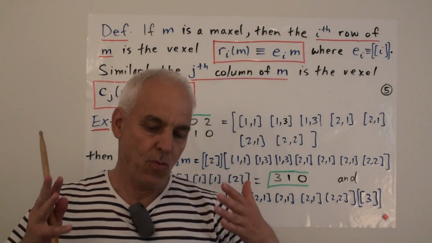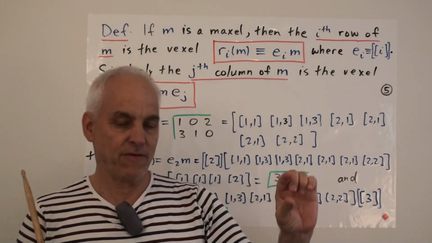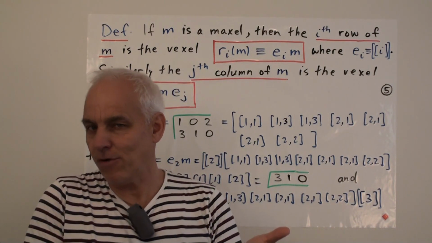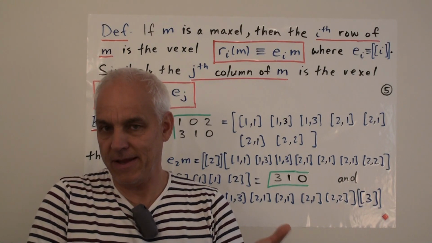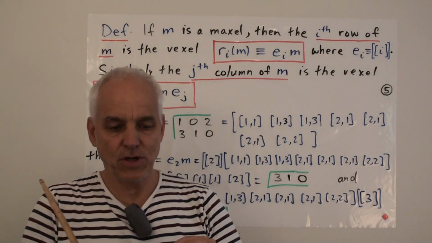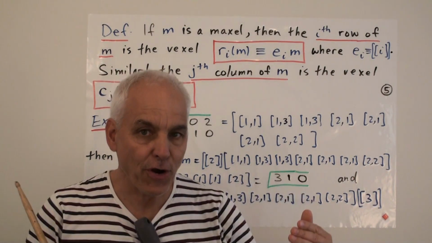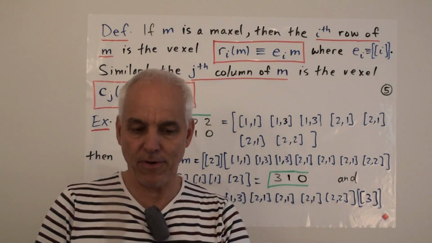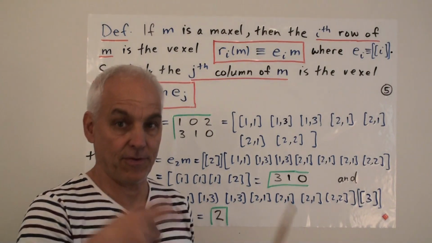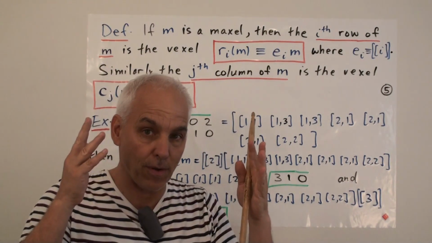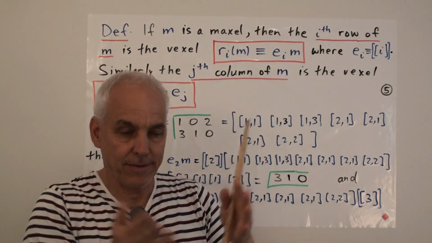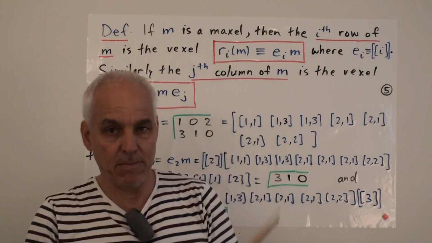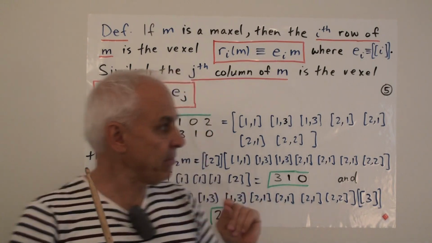Okay, so we want to define this notion of a row or a column of a maxil, but at the fundamental level of multisets, where the thing actually is defined. So we don't really want to rely on our picture of our maxil with our screen and those numbers and say, well, we're just going to circle this row. That's a visual or geometrical interpretation, right? It relies on our pictorial understanding of what we mean by a row. So we want to have something that's a little bit more precise.